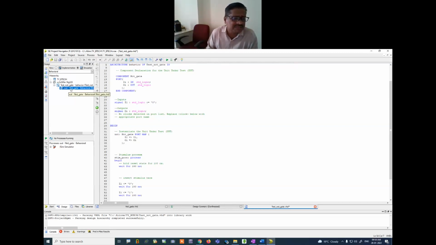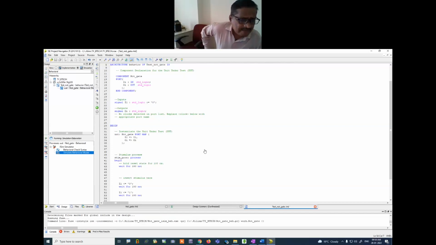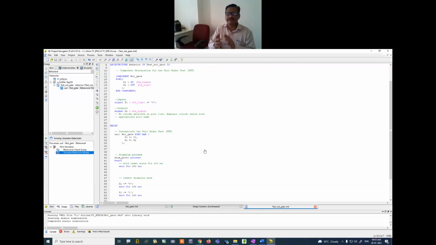If we are putting the cursor on our device, not on the test file, the cursor should be on the test file. If our cursor is on the NOT gate and we click simulate behavioral model, my cursor should be on the test file, but deliberately I am putting my cursor on this module which I have created, and I am running that behavioral model. It will generate